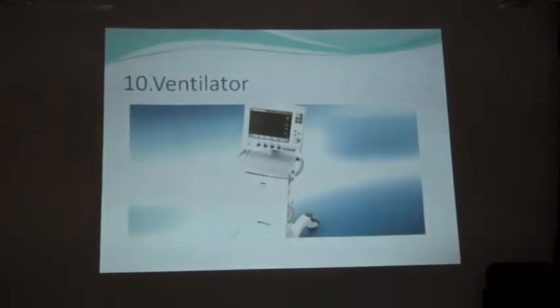Similarly, this is an invasive ventilator. If the patient is not maintaining on that, then it is an invasive ventilator. The function of the lung, what you are doing, is taken over by this machine. Now you are fixing the respiratory rate, fixing the oxygen flow, and as per your rate you are paralyzing the respiratory muscles, and this function is absolutely taken over by your ventilator. So it is a pressure control ventilator or volume control ventilator as per the requirement of the case.